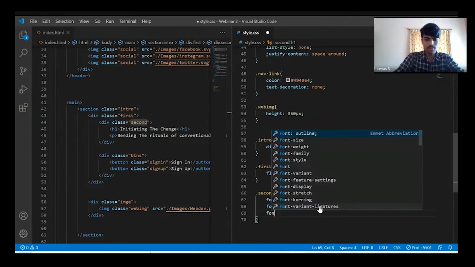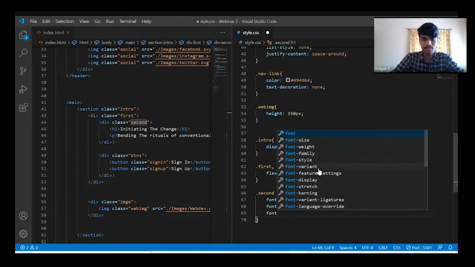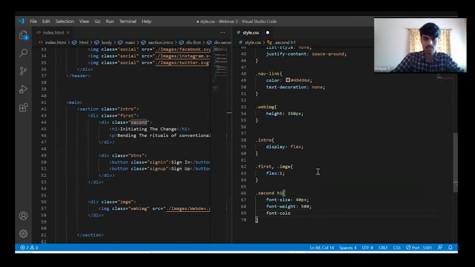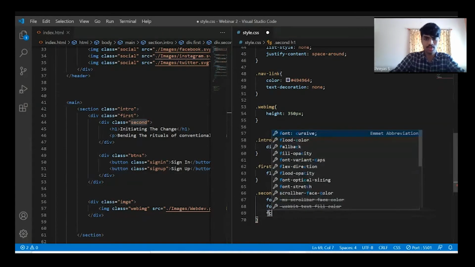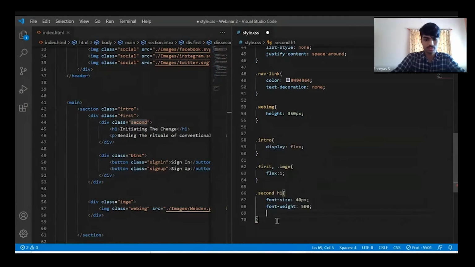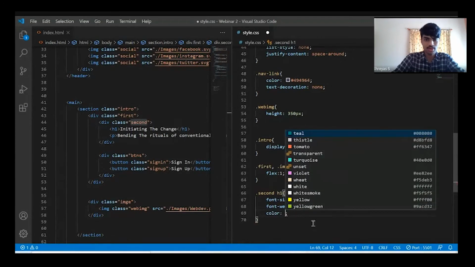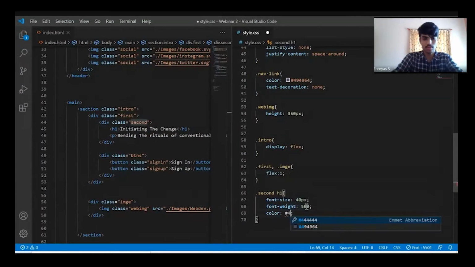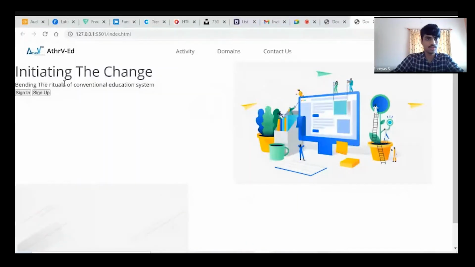Then font color is just the color property, so using color, I'll set the same color, 49664. See, the font color has been changed.